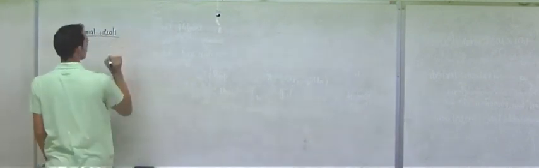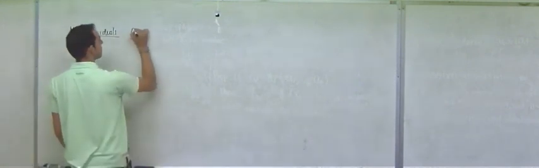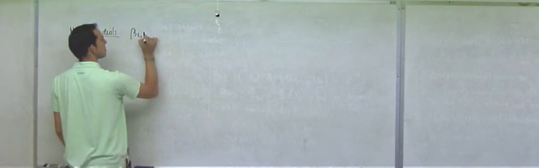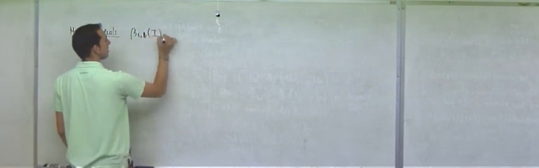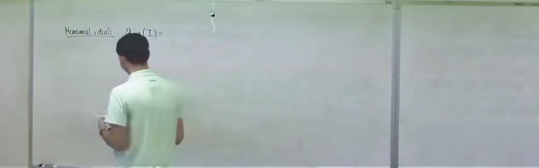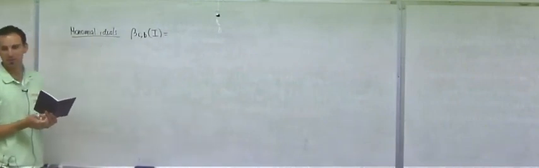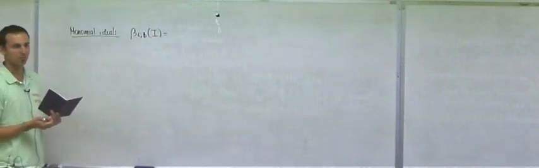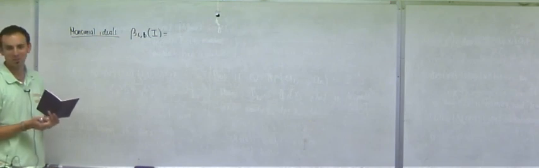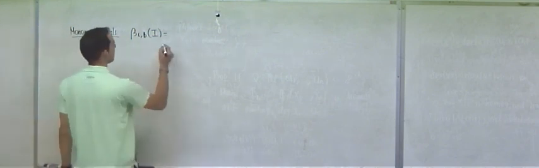So for monomial ideals, we had this theorem that told us that if you wanted to compute the Betti number of a monomial ideal, we had a topological way of doing it, and this was using that, I forget if it was the lower or the upper Koszul complex. So